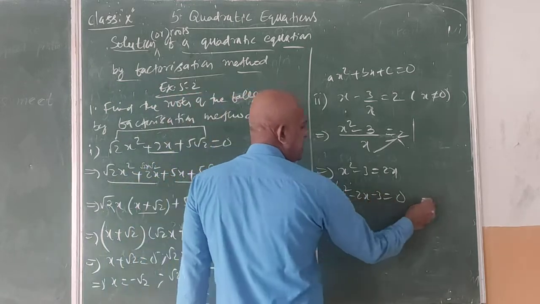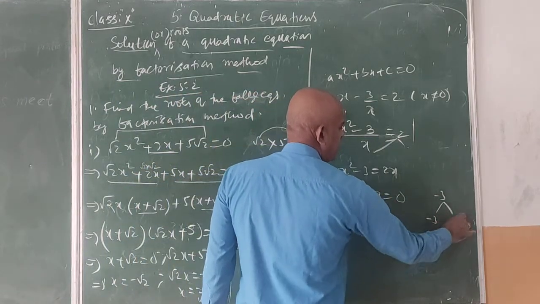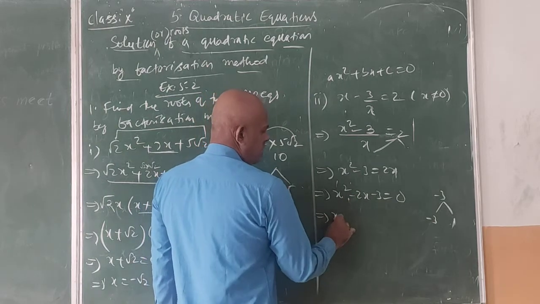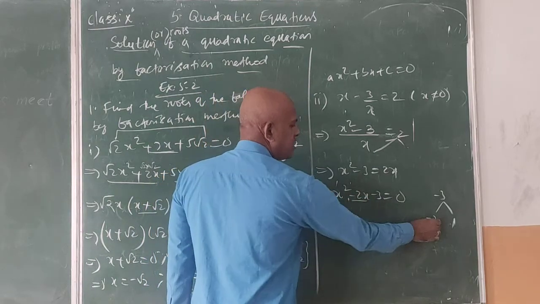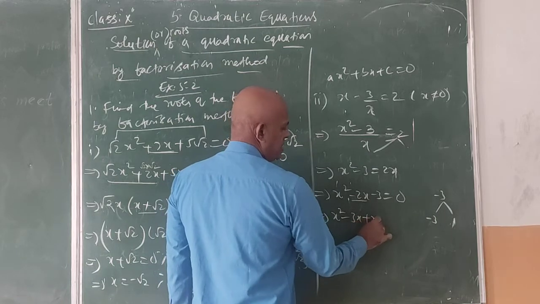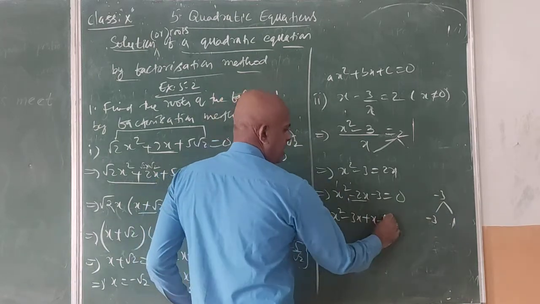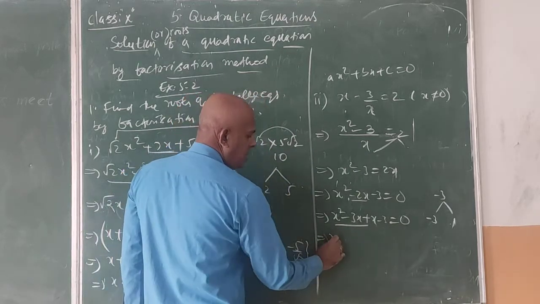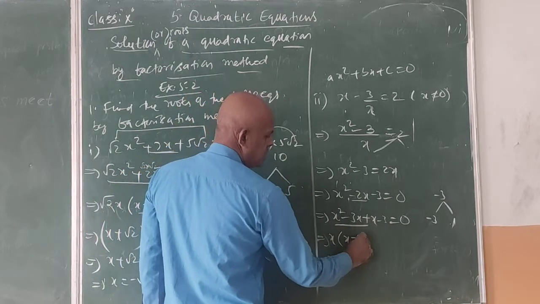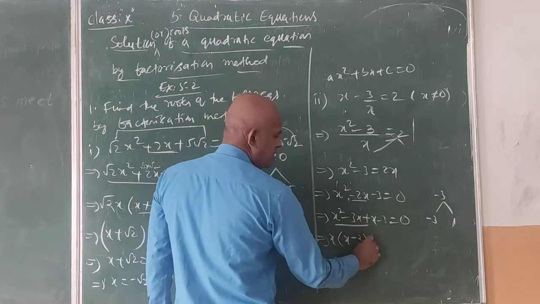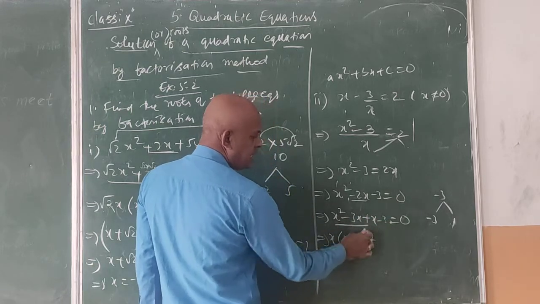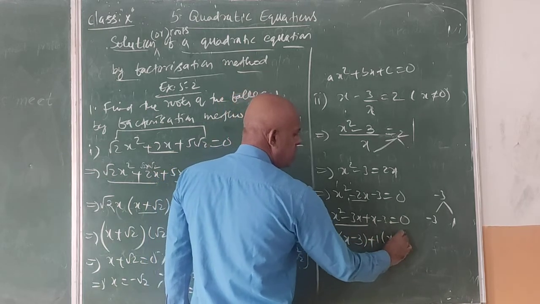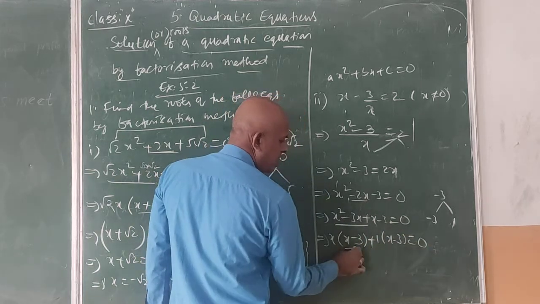Now we have to find the factors. Here minus 3. So minus 3 once 3, minus 3 plus 1 will get to minus 2. So x square as is, in place of minus 2x we can write minus 3x plus x. 1 means x. Minus 3 is equal to 0. In this both, what is common? X is common, 1x remains. So x common, 3 remains. So in this both, here already x minus 3, here x minus 3. So already we have the same x minus 3. Now simply we should write 1 into x minus 3 is equal to 0.